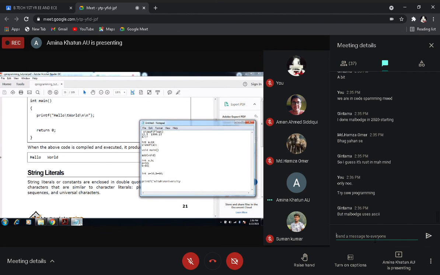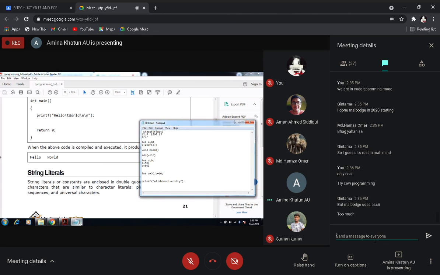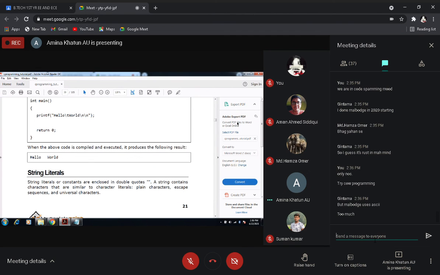If you give it this way, it will print Aliah, and University will go to the next line. And if you put a \t, it is a tab, so there is a space between these two words.